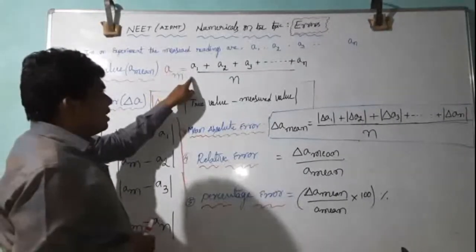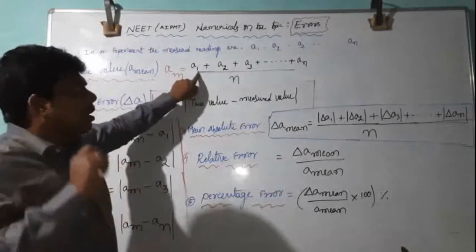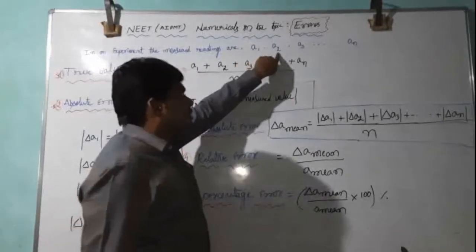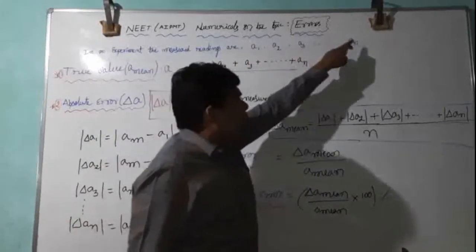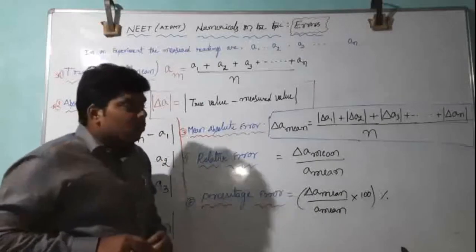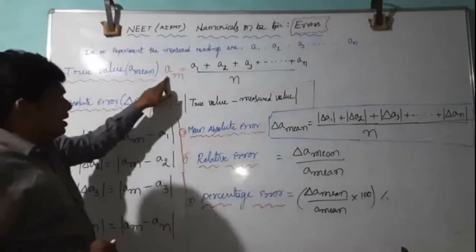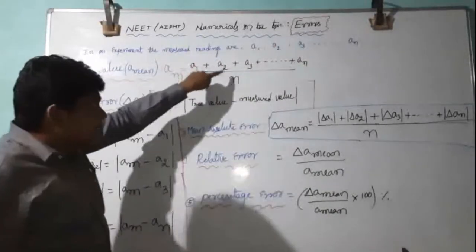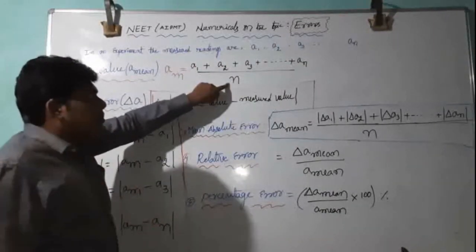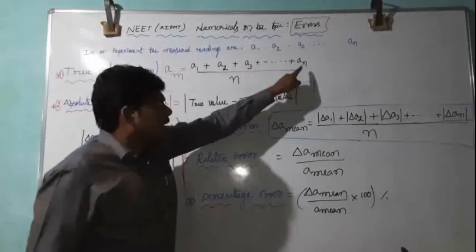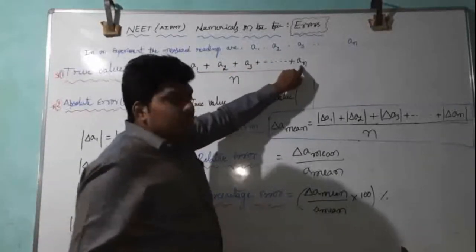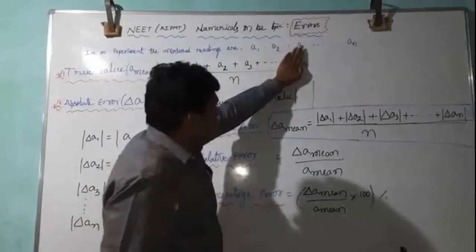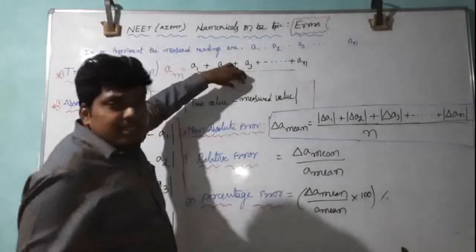How to find out the average value? If you have taken n number of readings, the first reading is A1, second one is A2, third one is A3, nth one is AN. Now we have to measure the average. How to find the average? Add all the readings. Later, divide by the number. How many readings have you taken here? N. So we have to divide by n. Suppose if you have taken only 3 readings, with what value do we have to divide? It is nothing but 3.